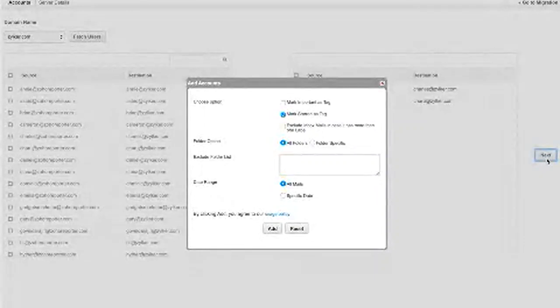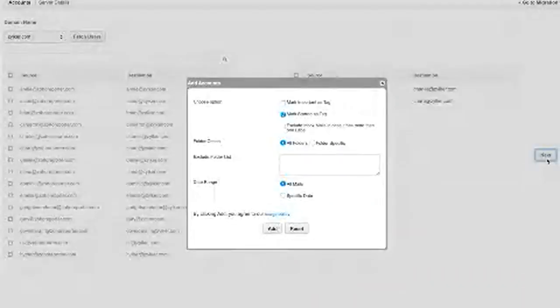So after you click on next, you will see that there are multiple options that you can choose. In Gmail, a lot of you might already know that there is an important label. We do not have the important label in Zoho Mail, but instead we can tag it as ZM important when you're doing the migration. If you want that, go ahead and select this. If you want to tag any starred emails as ZM star, go ahead and select the next option.